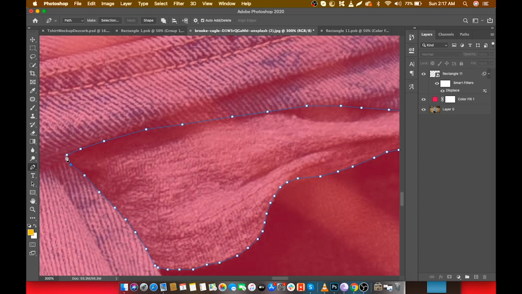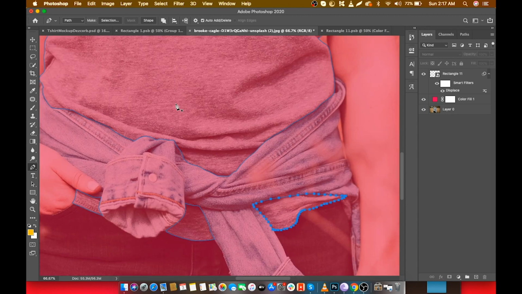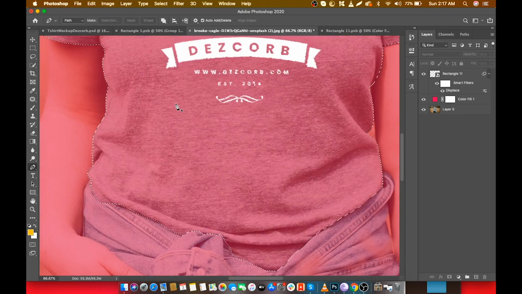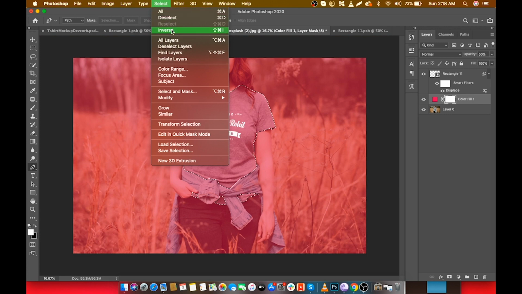So now we have made a selection of the t-shirt. To convert it to a selection, press Ctrl Enter if you are on Windows and Command Enter if you are on a Mac. Then go to Select and Inverse.